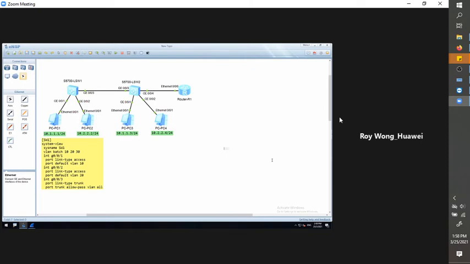I also need to show you the display command. Display